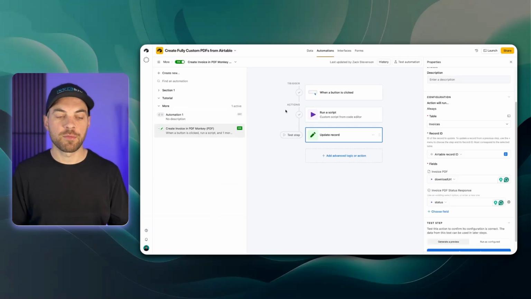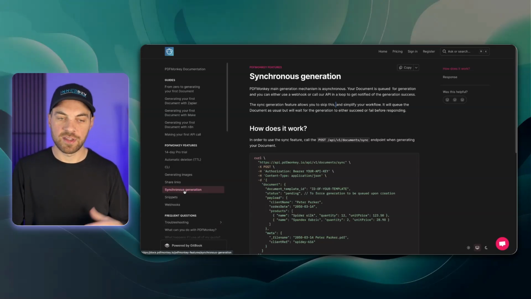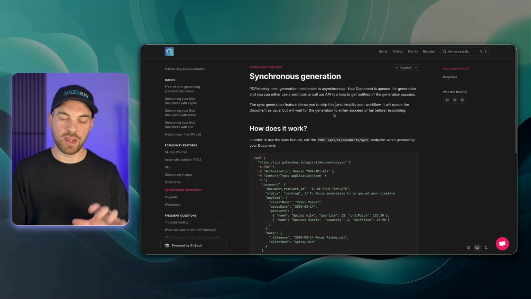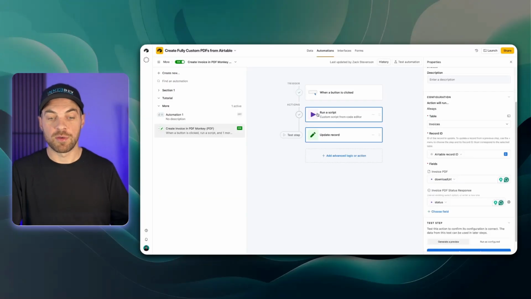As I've mentioned a number of times, if you follow the guide and follow the YouTube video, along with using ChatGPT or Claude, you should be able to get this figured out. Remember, use those 2 guides. Something else that's important is to follow along with the PDF Monkey documentation. So specifically, and I do have these linked in the guide as well, the synchronous generation. This is important for creating the script within Airtable. So if you are having some issues, I would just copy this page, paste it into the AI model that you use, and then work with your script that you've built or that I previously built here for you